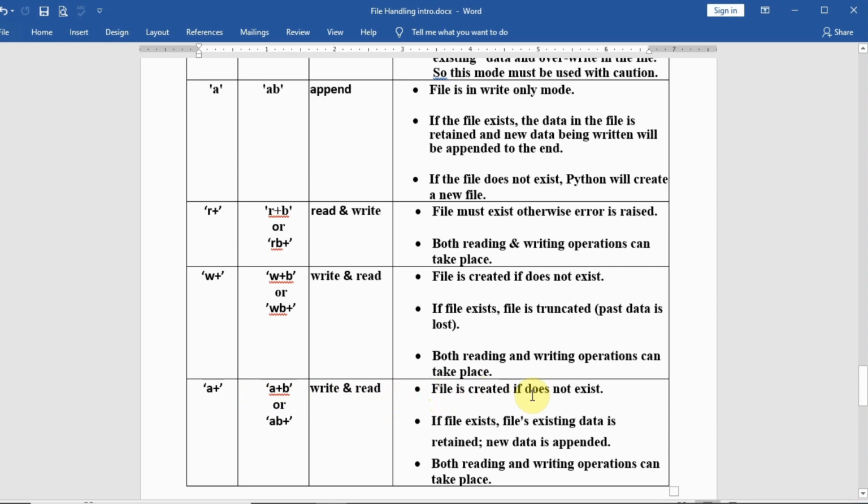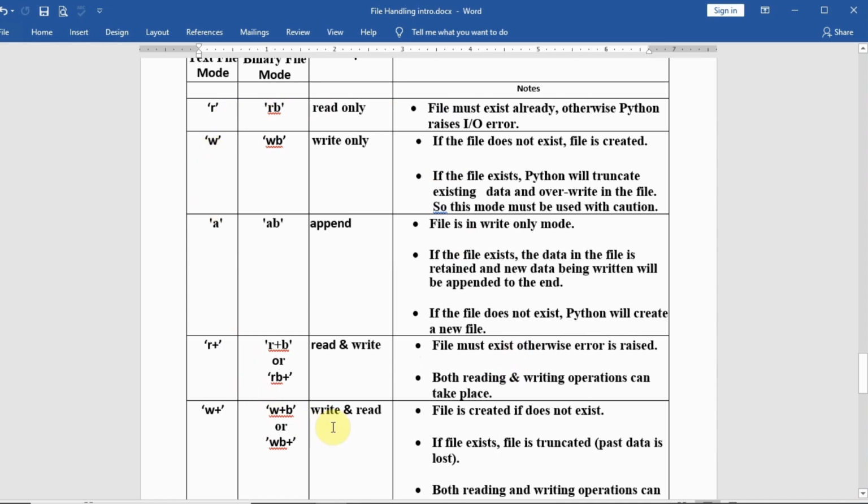The file is created if it does not exist. If the file exists, the file's existing data is retained and new data is appended, just like the append mode. Both reading and writing operations can take place with the file. We will use all these modes according to our requirement.